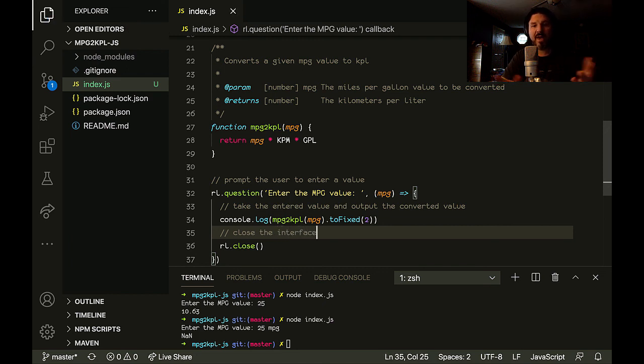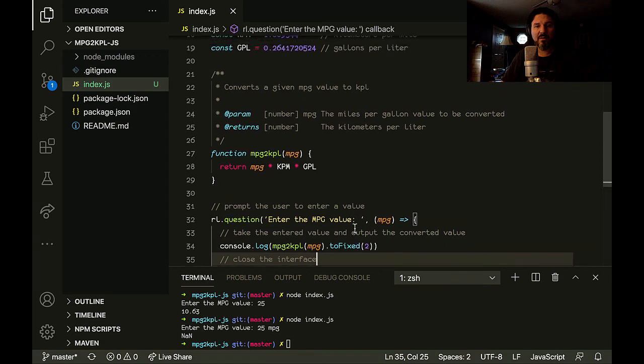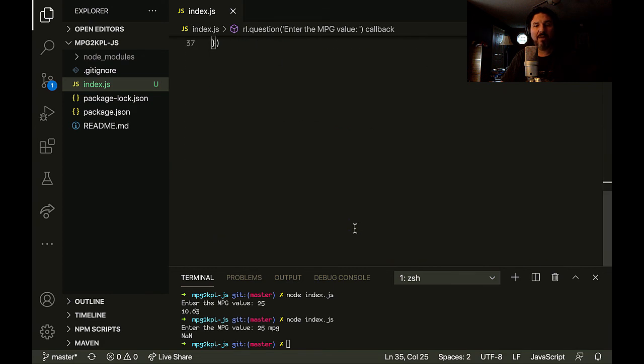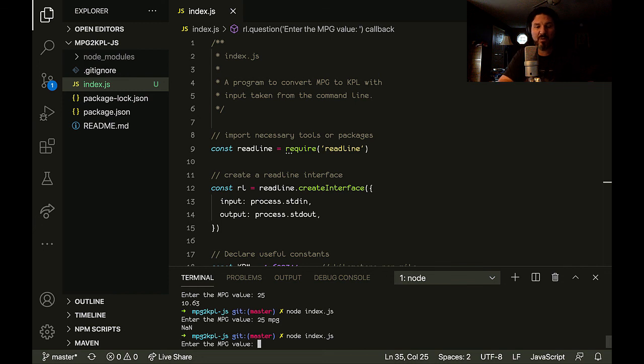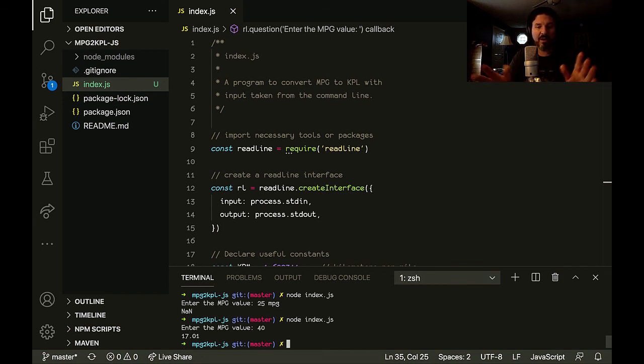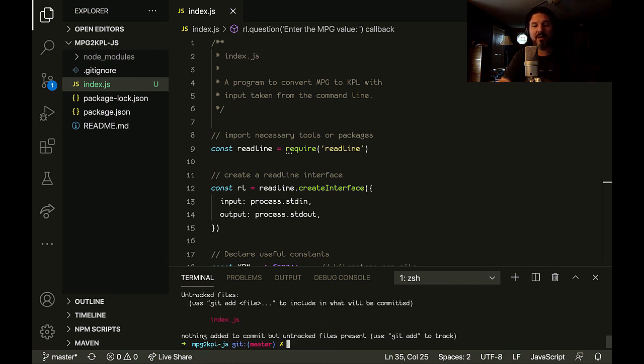All right, so just added a few more comments in there to make sure that it's working. All right, at this point, I want to do git status. Now that I've added those comments, I'm gonna run it one more time just to make sure it's still working. We'll add, say, 40, 17.01. Okay, that's good. All right, I'm gonna run git status to see